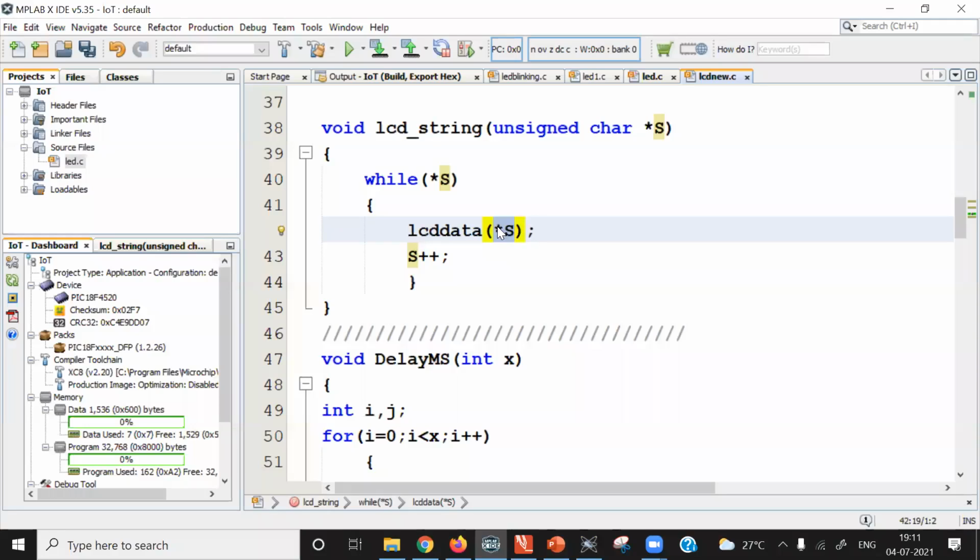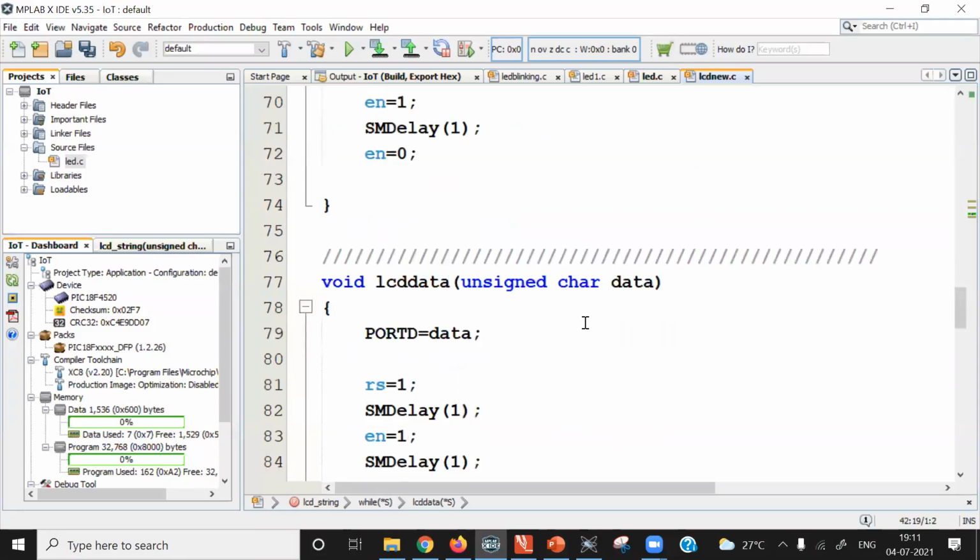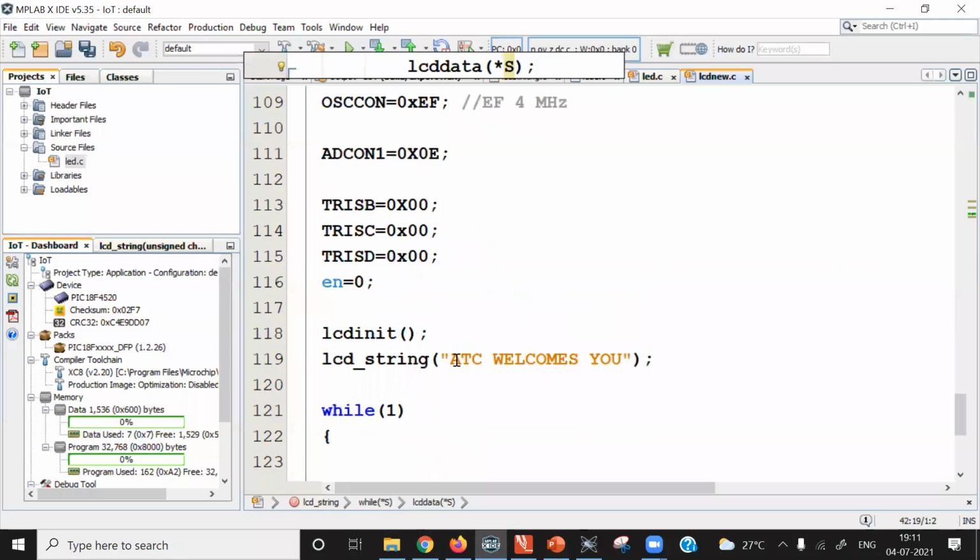So ASCII A is the argument to the LCD data function.